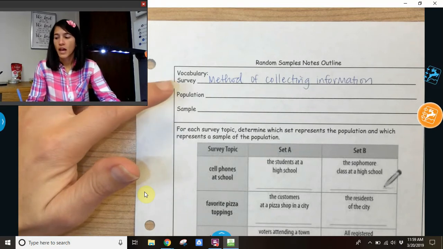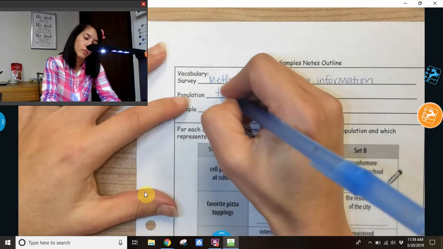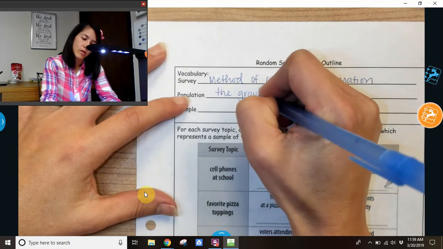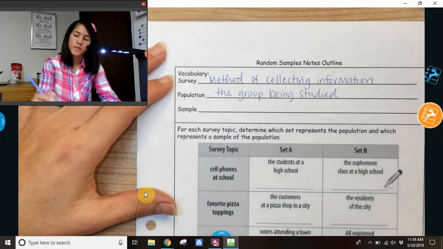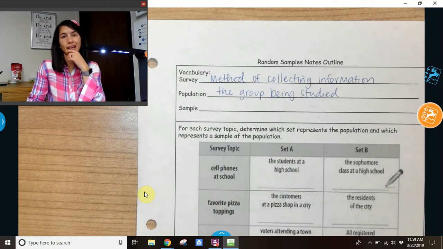The population is the group being studied. The group being studied, and a lot of times researchers will want to study